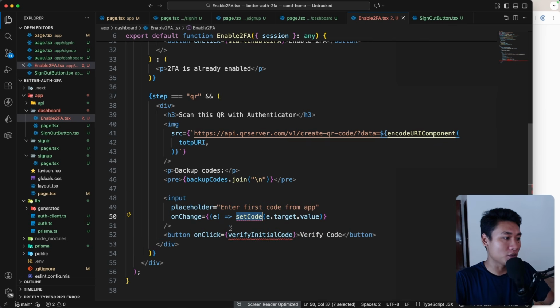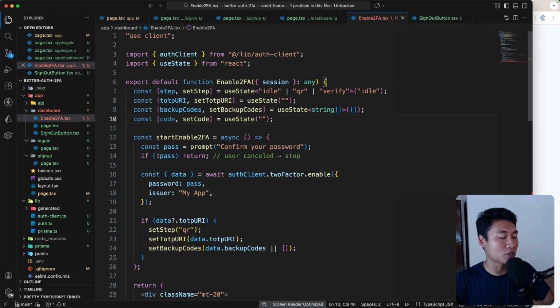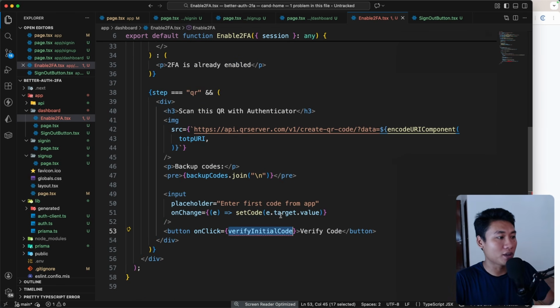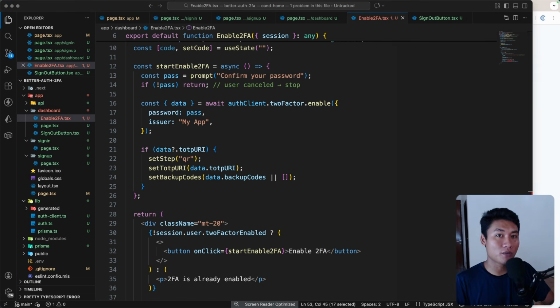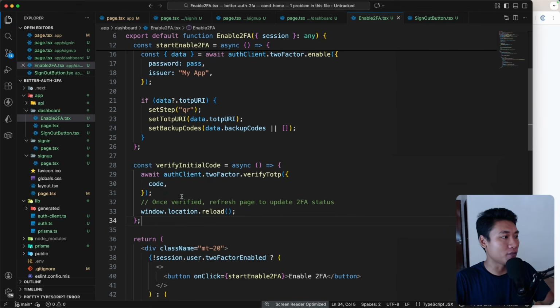And here, of course, we have to create the code state as well on the top. And also we need to create the function, which is the verifyInitialCode function. So the function is basically pretty simple. Here, I'm going to paste that. As you can see, the verifyInitialCode is basically running an async function. It awaits for the